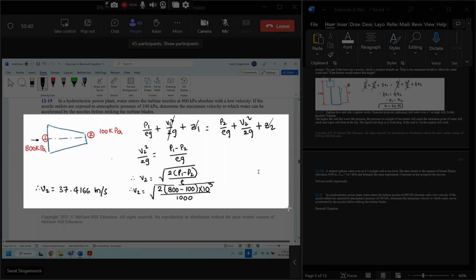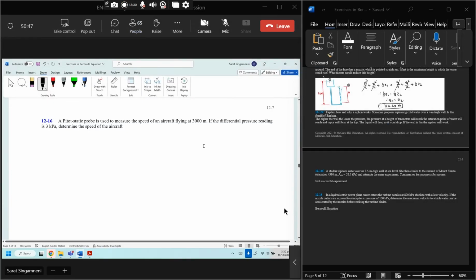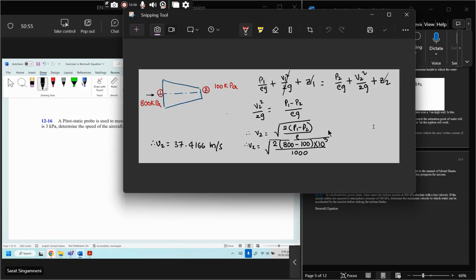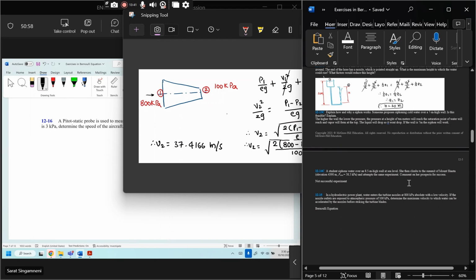A pitot tube static probe is used to measure the speed of an aircraft flying at 3000 meters. If the differential pressure reading is 3 kilopascals, determine the speed of the aircraft. So